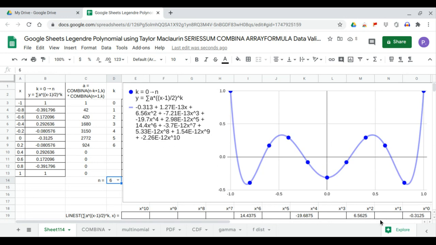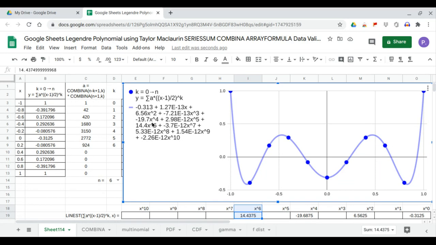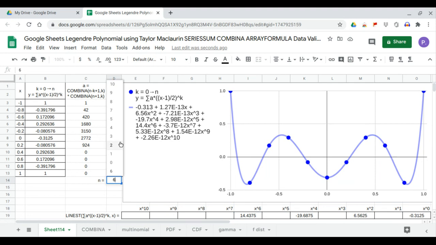our Legendre polynomial y equals minus 0.3125 plus 6.56x squared minus 19.7x to the fourth plus 14.4x to the sixth. At n equals 7,